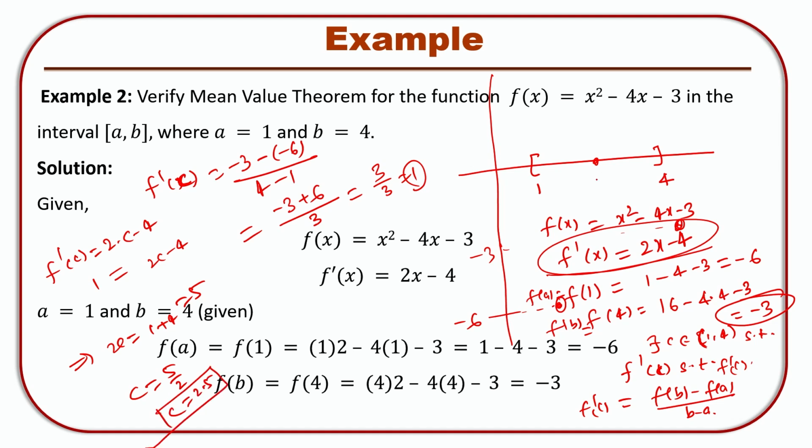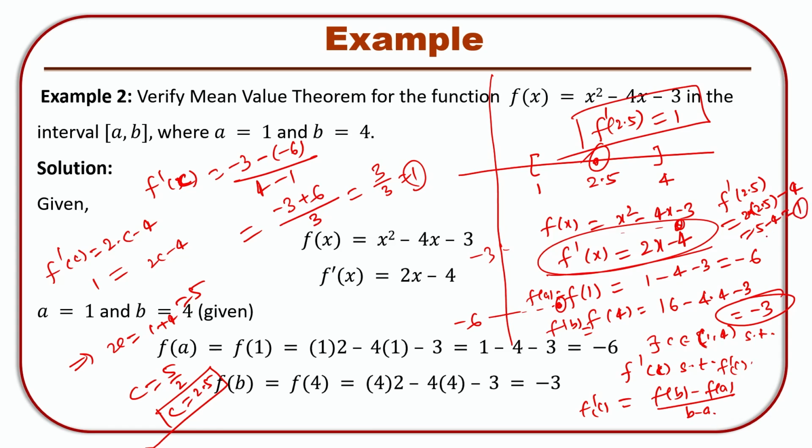So, 2.5 lying between where? 1 to 4. Here f dash of 2.5 is equal to how much? This is what we have to find out. So it can be put here and will be the same. So f dash of 2.5, if I calculate directly, then 2 into 2.5 minus 4 equals 5 minus 4, which is equal to